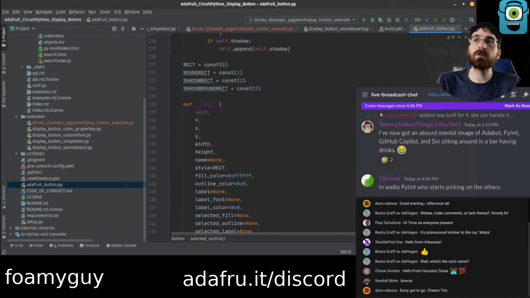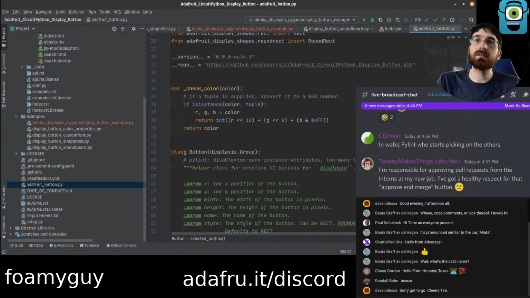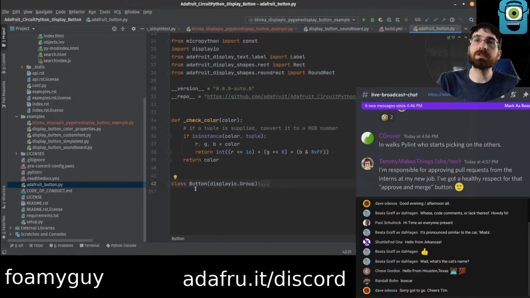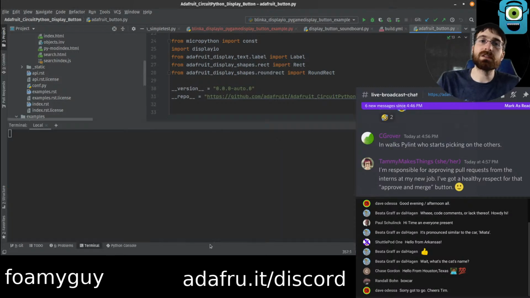Do we have more than one in here? Button. Nope, just the one. Yeah, I think I'm going to go ahead and do it. So I'll go to main. Okay, let's take a look at what we got here.